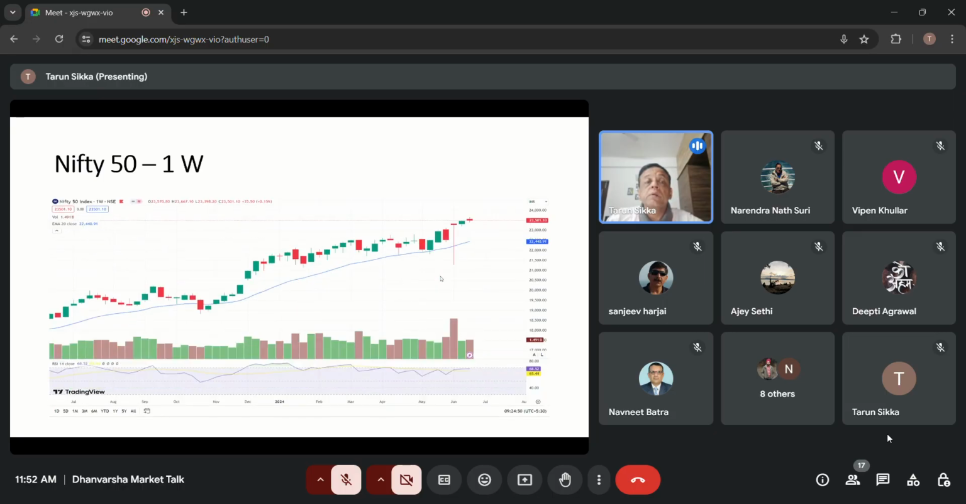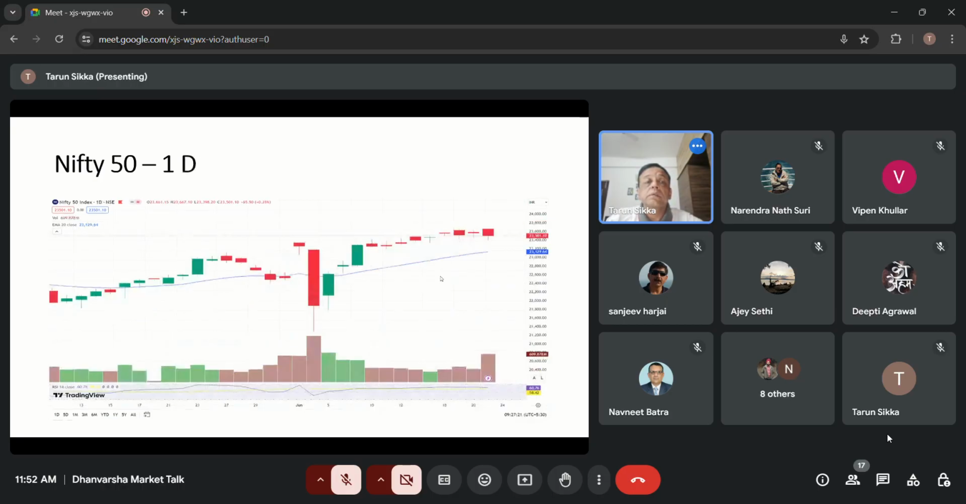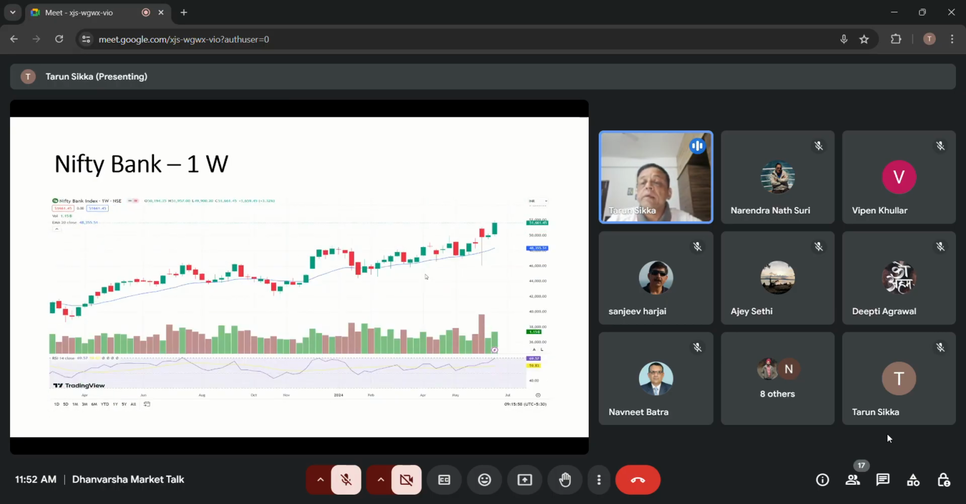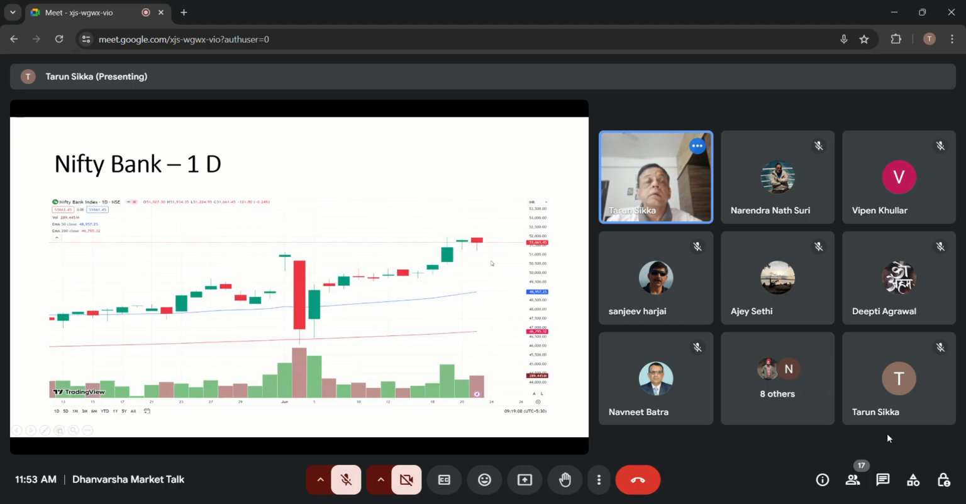Now, coming to Nifty Bank, last week it has gone above the election week high. So it is showing good momentum. And if you see the daily chart, in the last 4 days it was trading